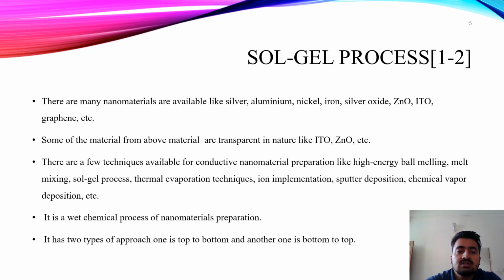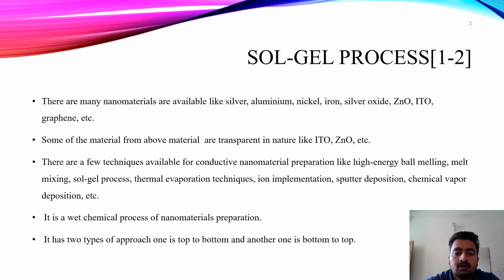In the sol-gel process, generally there are several materials available like silver, aluminum, nickel, iron, silver oxide, ZnO, and ITO, graphene. Some of the materials are transparent in nature, like indium tin oxide and ZnO. There are several techniques to prepare conductive nanomaterials, like high energy ball milling, melt mixing, sol-gel process, thermal evaporation techniques, ion implantation, sputtering deposition, chemical vapor